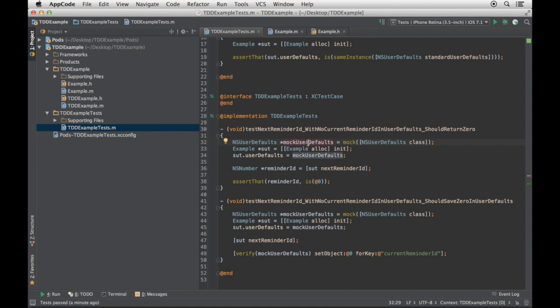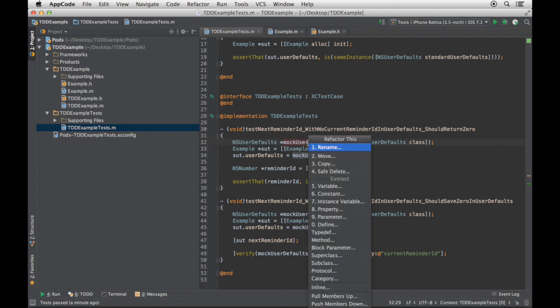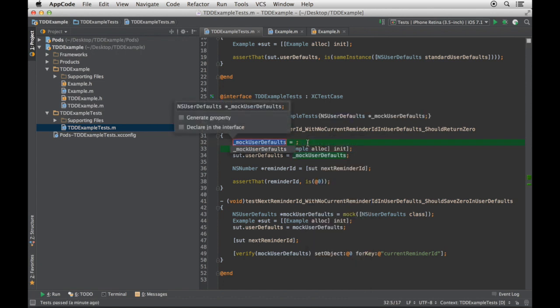I'm going to Control T because I don't know the keyboard shortcut for extract instance variable. I should probably find out. And it's helpfully prefixed the instance variable with an underscore, which is nice in production code.